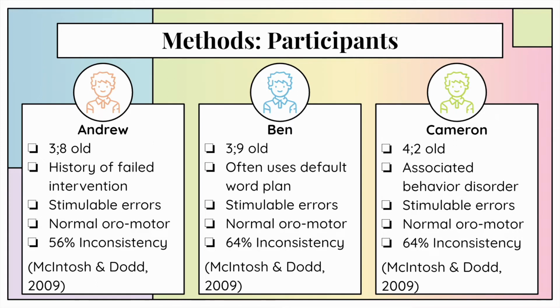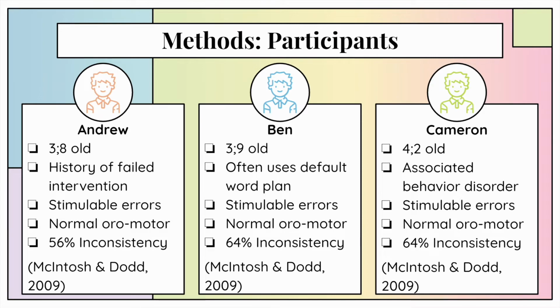Ben, in the center there, was 3 years and 9 months old during this study. He had a habit of using default word plans for many of his word productions, and most words were made as 2 syllables with final consonants deleted, and often words were ended with a schwa. Despite this use of a default plan, Ben was still producing many inconsistent errors in his speech and had an inconsistency score of 64%. Lastly, Cameron on the right was the oldest of the participants at 4 years and 2